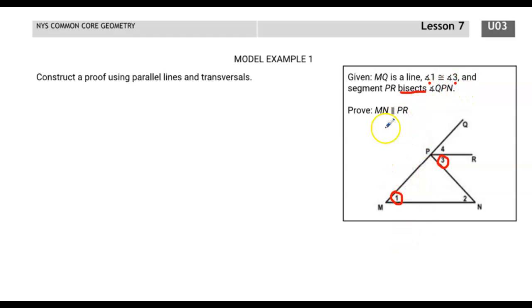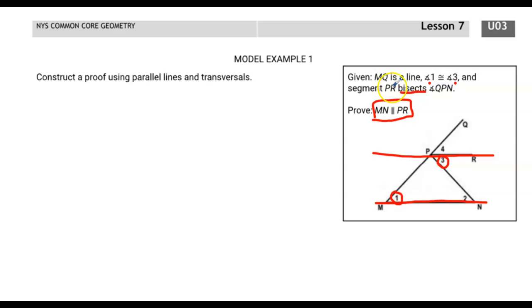All right, so the thing that it wants us to prove is that MN is parallel to PR. Here's MN, and I like to sometimes extend the lines a little bit so I can see a little bit better. And here's PR. Okay, it definitely looks like these lines could potentially be parallel to each other. They look like they're running alongside each other, but we need to use information from the problem